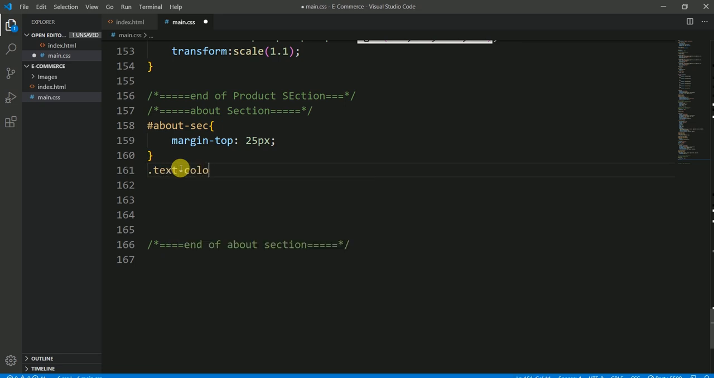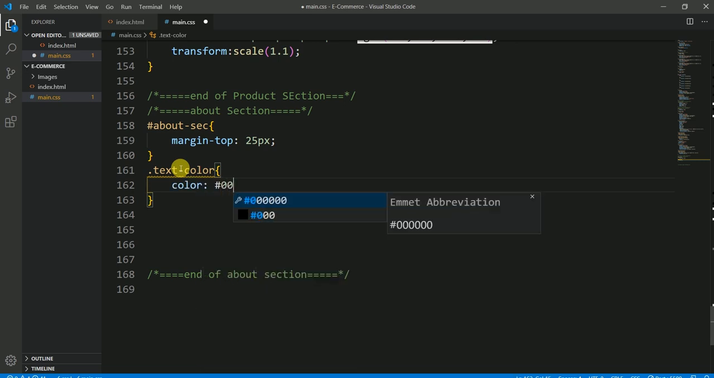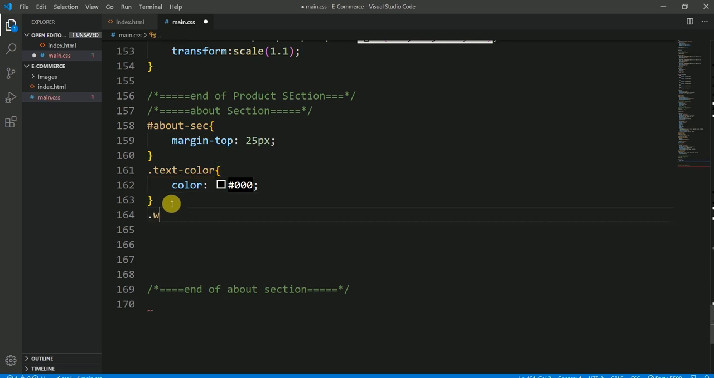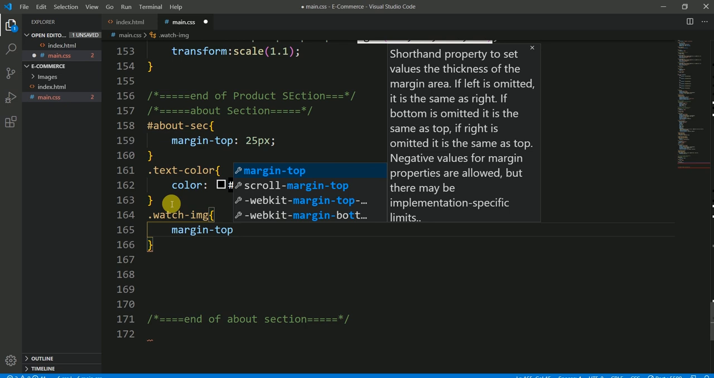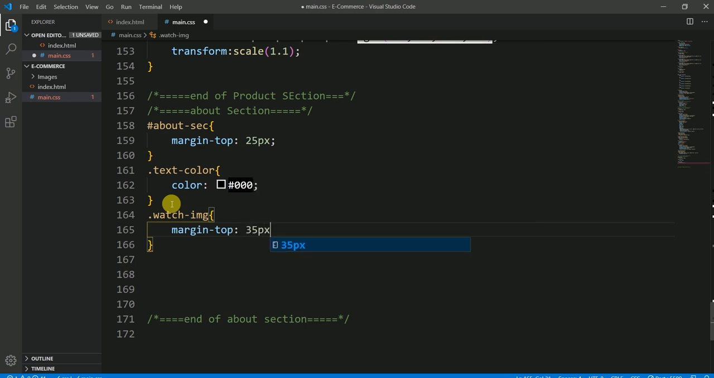let's use the text color class, and for this the color of the text would be black, and then watch image class, if you guys remember, and here margin top would be 35 pixels, and margin top will be 35 pixels. Then again I want to have a watch image,